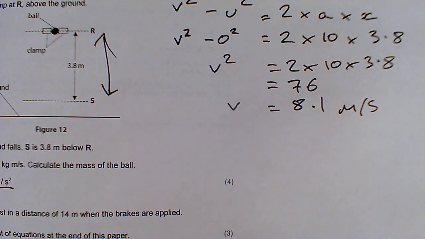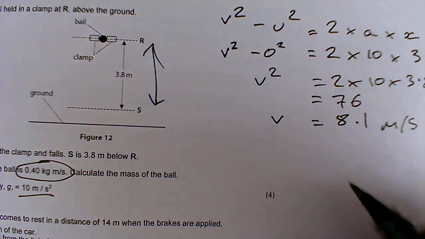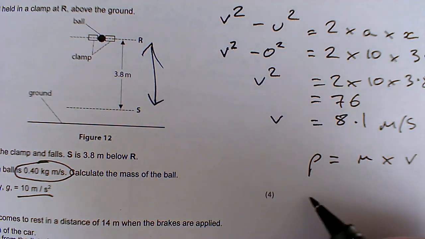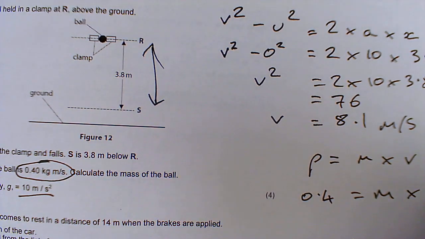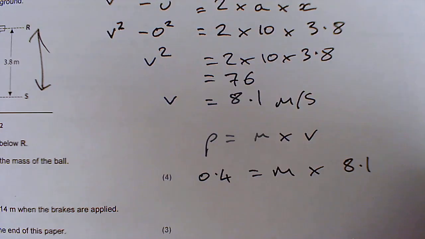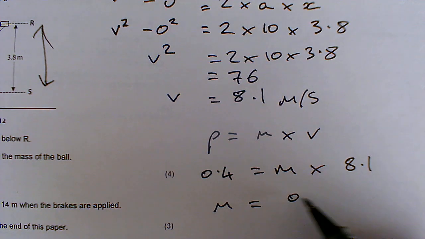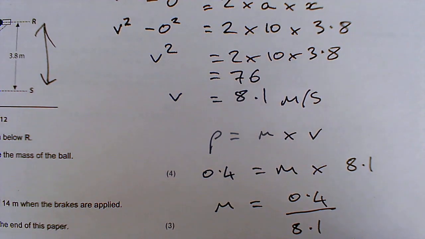We then have to use the momentum that we've been given, which is this one here. So we know that momentum equals the mass multiplied by the velocity. We know momentum is 0.4. I'm trying to find mass, and we know the velocity at this point is 8.1 meters per second. So now we just need to rearrange all of this. So therefore the mass equals 0.4 divided by 8.1, giving us an answer of